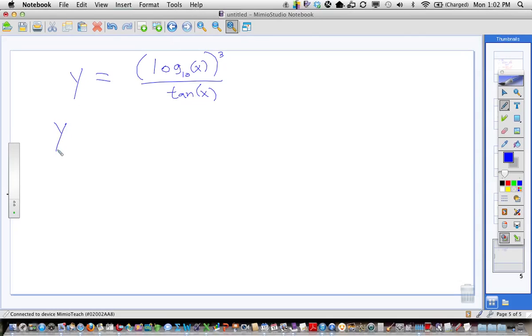Okay. This would be on the hard side of things just because it's a quotient rule, which makes it a little more complex anyway, just kind of messier. And it's got an inside piece that you're going to have to deal with. But I don't think it's terrible. And when you mix these log and tangent stuff like that, a lot of times there ends up nothing you can simplify. We talk about e to the x because there'd be a couple of them you could factor out, that kind of thing. So we start with derivative of the top, which is